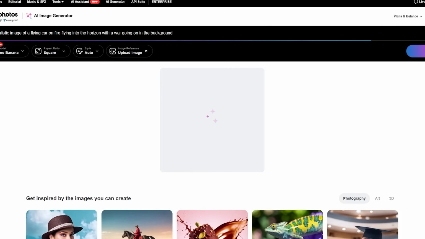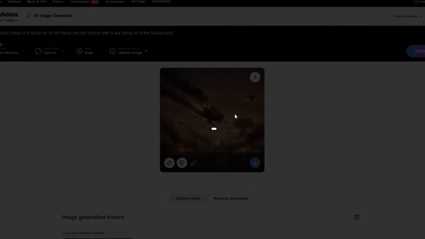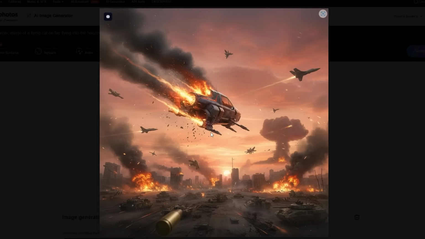Now let's talk about the actual experience, because every AI generator in 2026 claims the best quality, most realistic, most creative. But this is the type of stuff that Deposit Photos is going to give you. So as you can see, we have a flying car on fire, flying into the horizon. There's a war going on, and it is a pretty decent generation. Okay, so in the end, what matters most is how usable the result is going to be, and honestly, Deposit Photos performs surprisingly well